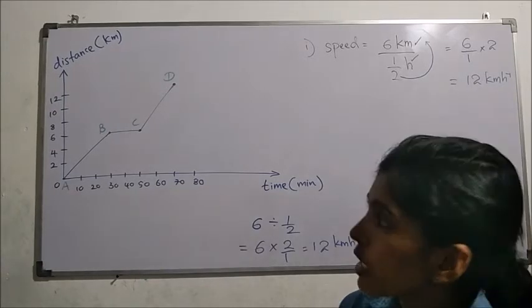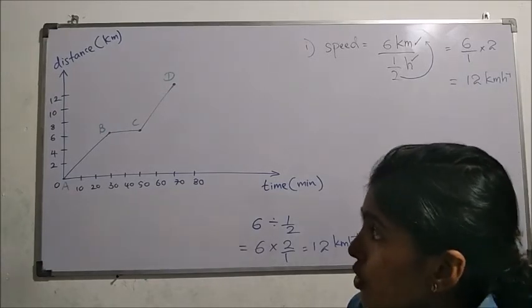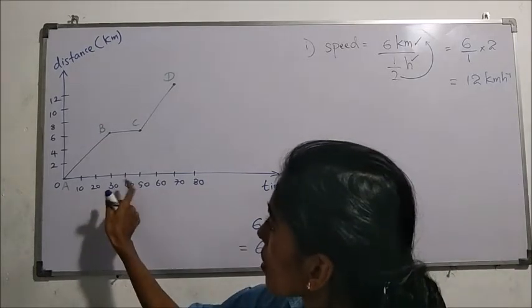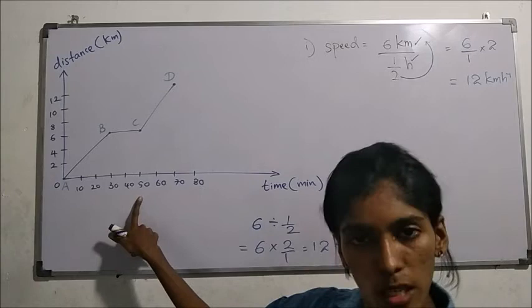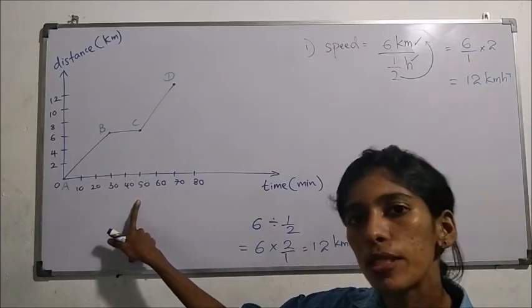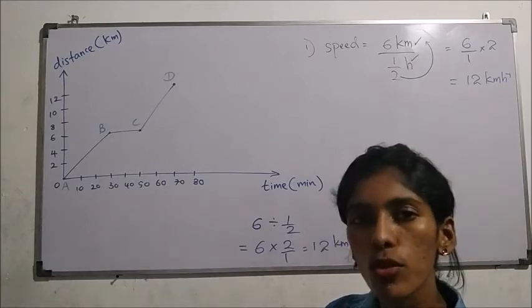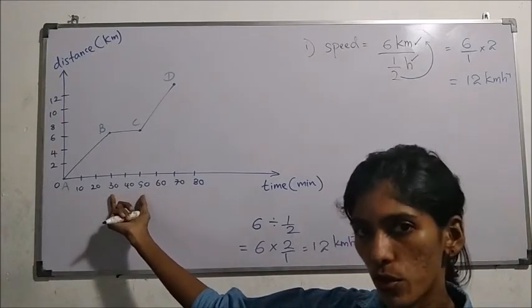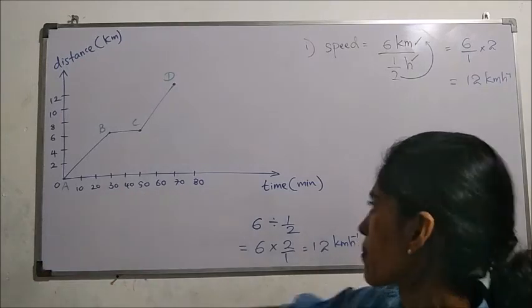Next they ask, if I am asking what is the time duration he spent at his friend's house, it is from 30 to 50, 20 minutes only, 20 minutes. So there at that time no need to convert into hours, because it is just a time. You are not given any distance he traveled during this time duration. No, he has spent it at his friend's house, right?